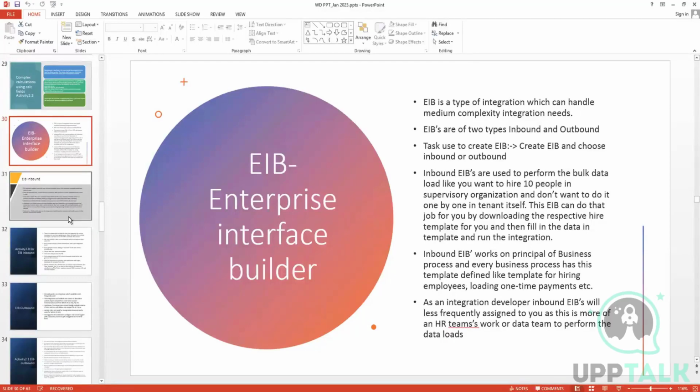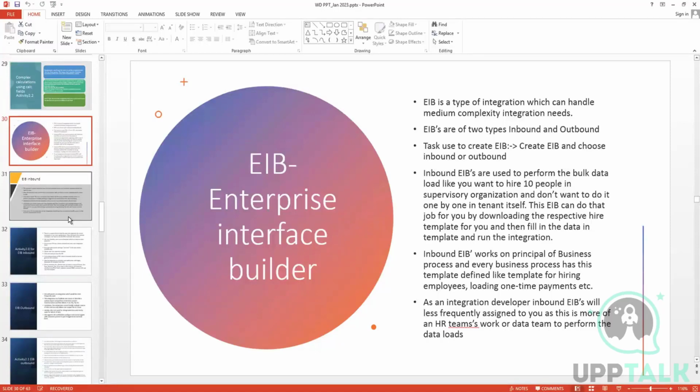They are also using a system on whose behalf the data templates are generated. Could be a CSV, could be an XML or whatever. So it's hard for them as well to properly generate this file in the particular format needed by your inbound EIB. So that's why the purpose of inbound EIB gets limited to